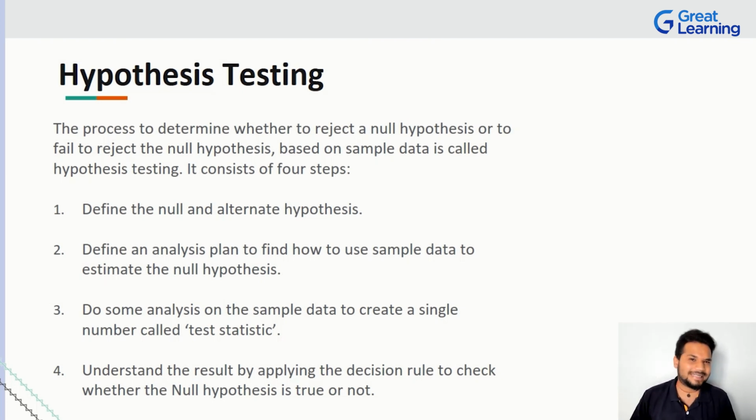And then we have something called a test statistic that we go about using here, and the decisions that we took to claim that Pluto is either a planet or not will eventually have a final say to tell you if your null hypothesis is true or not. Now, on a very vague example, if I tell you Pluto should be of the size 10, but Pluto is actually size 9, but my initial null hypothesis said Pluto is a planet. Now you will figure out that your null hypothesis is wrong. Pluto is no longer a planet because it does not meet the minimum size that's required for a planet.